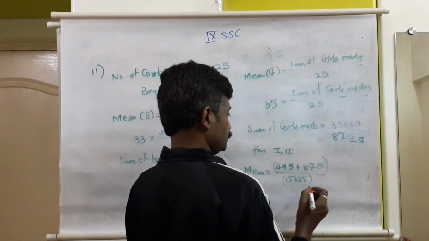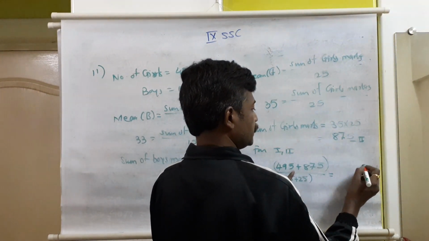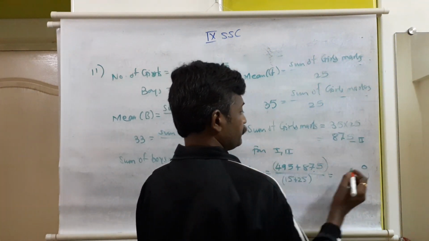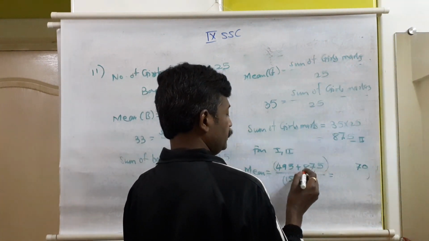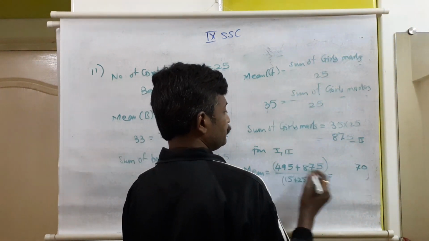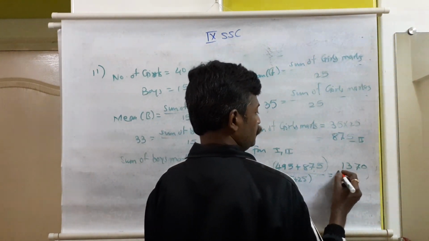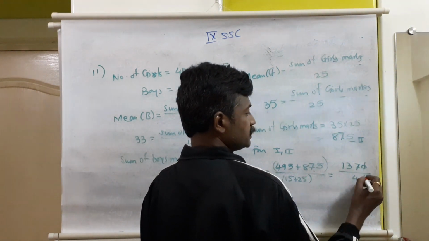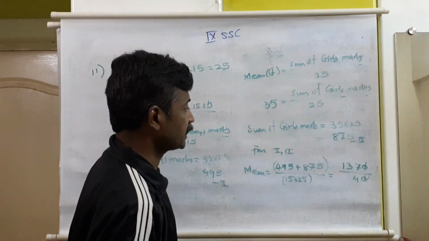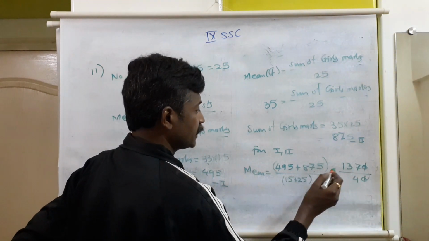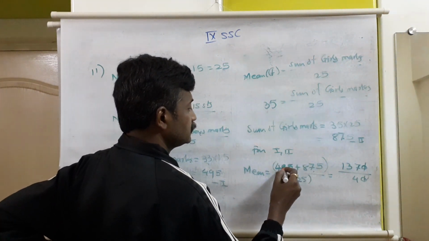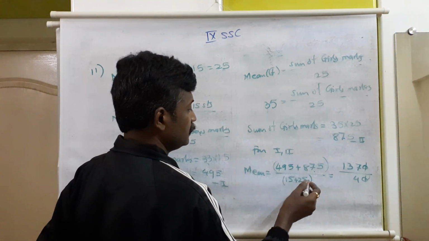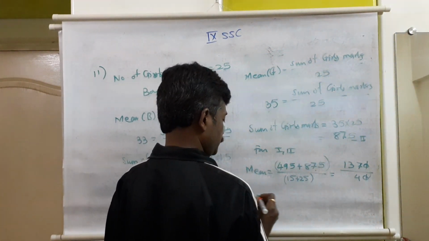So what will be the total here? 5 plus 5 10, carry 1, 7 plus 1 8, 8 plus 9 17, so carry 1, 8 plus 5 13, 1370 divided by 40. The 0 gets cancelled. Once again check the total. 5 plus 5 10, carry 1, 8 17, 7 carry 1, 8 plus 1 9, 13 upon 40, 0 gets cancelled. So mean is equal to